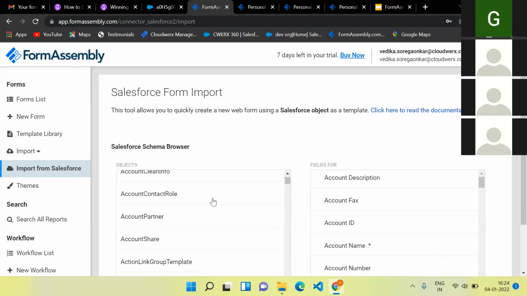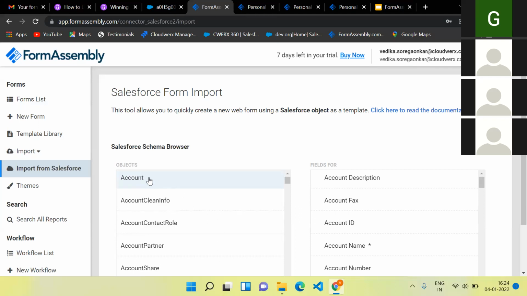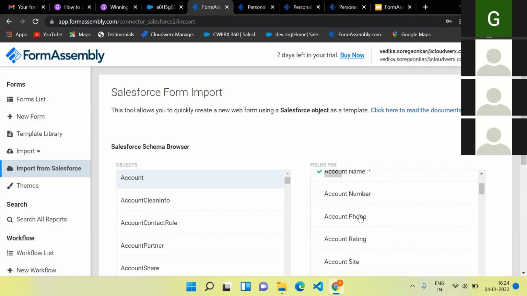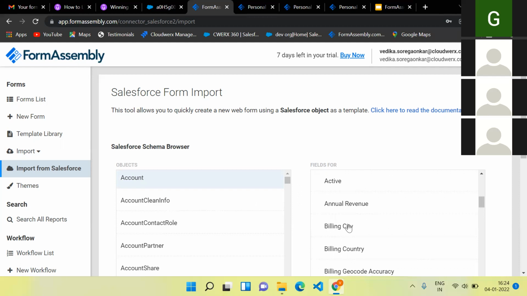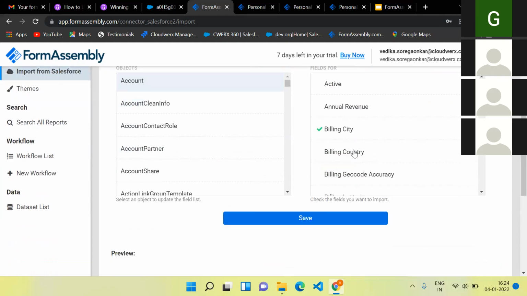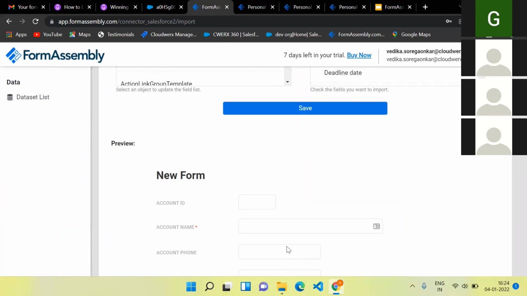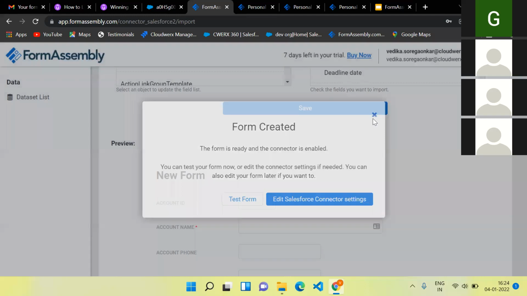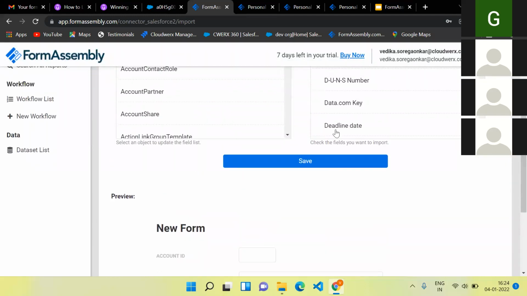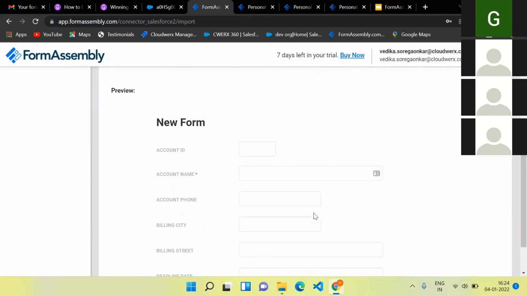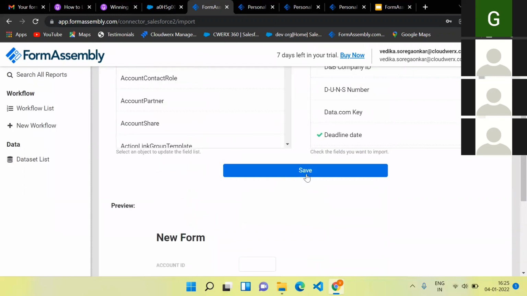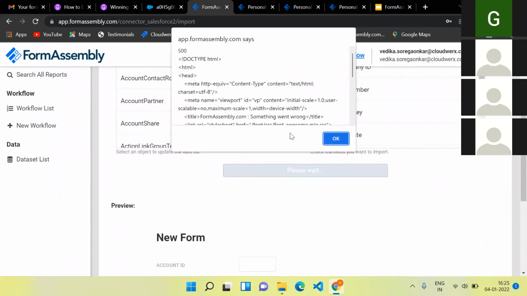Suppose I'm selecting an object as account, with ID, field names, and account phone number. You can do it very quickly here. As soon as I click here, the form is getting created below. If I click on any of the fields, you get a ready-made form over here. And as I click on save and test,